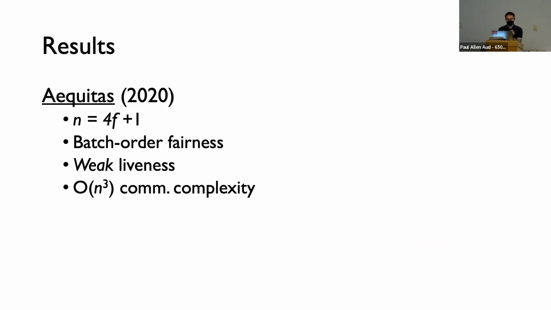The other thing about the Equitas protocols is that they make black box use of a consensus protocol, atomic broadcast, and consequently get pretty high asymptotic communication complexity, a cubic complexity. So all in all, they're not practical. They're a proof of concept. And one of the contributions of this paper was defining the idea of temporal order fairness and showing that it could be achieved in a fairly strong sense.